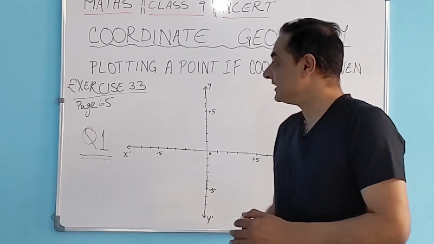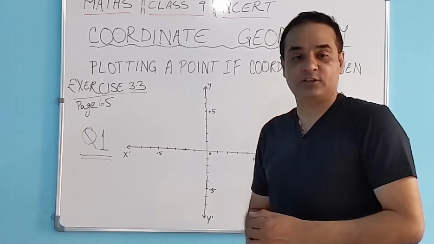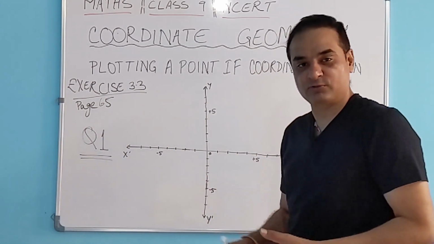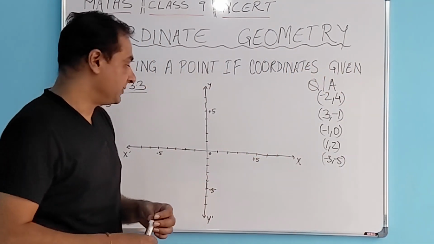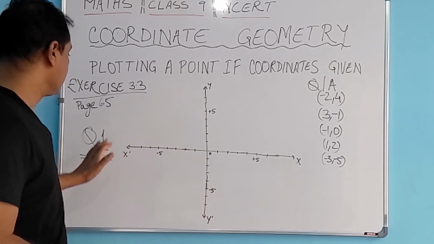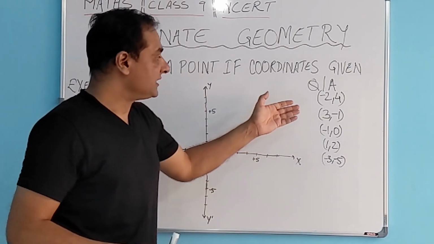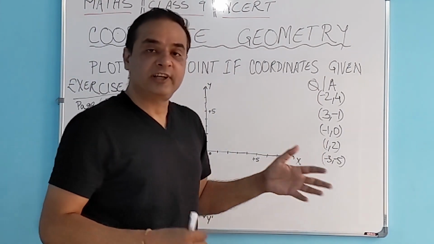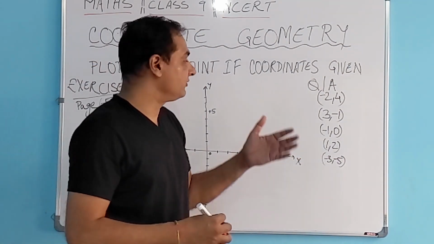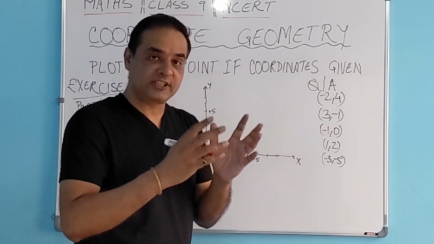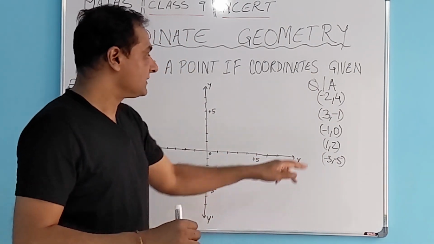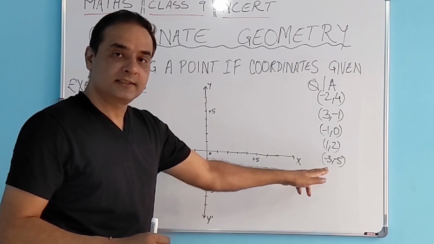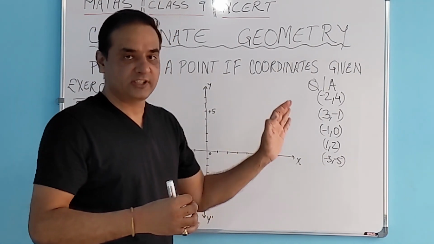We are going to look at exercise 3.3 on page number 65. So these are unsolved questions. हम लोग ये question solve करेंगे and we'll understand it much better. So this is question number 1 in exercise 3.3. Basically there are 5 points given, and the question is in which quadrant or on which axis these points will lie. Easiest way to do this: let's plot these points and find out.